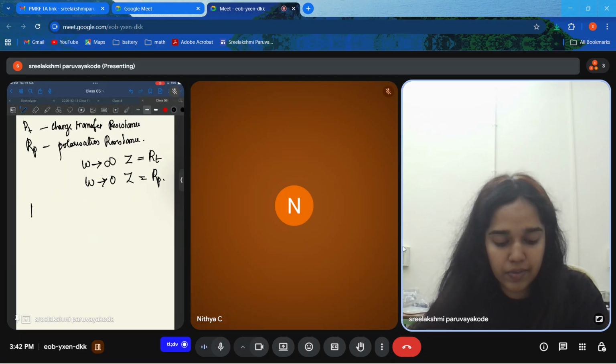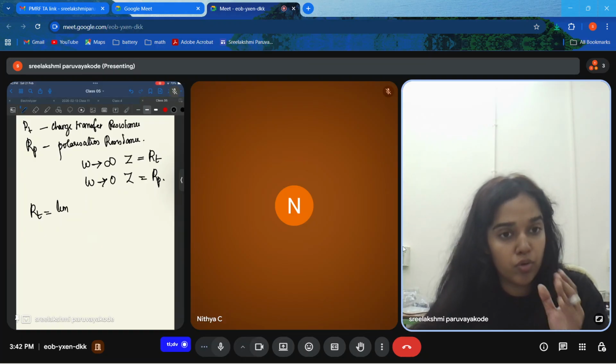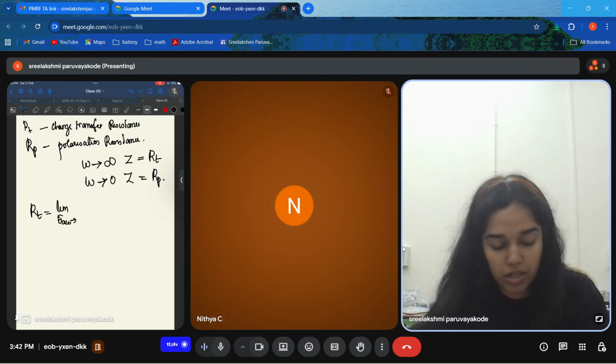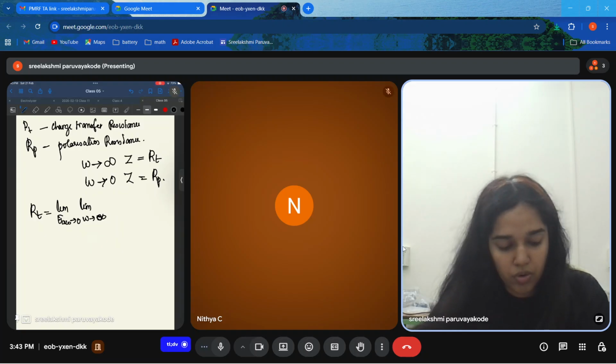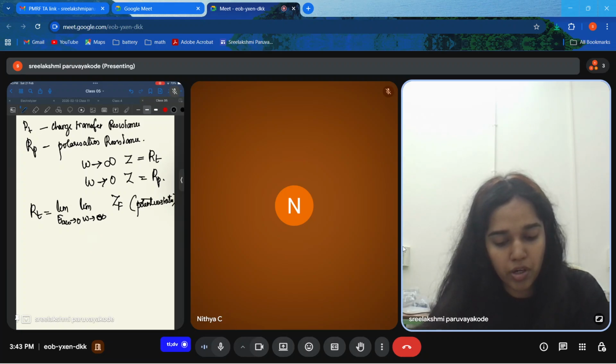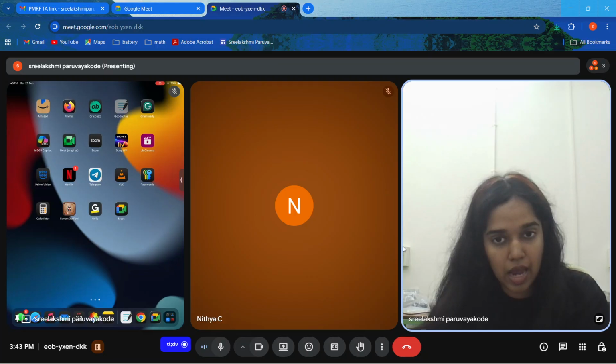This can be written as RT, limit, for a potentiostatic mode. So you're doing it at a constant DC potential. In that case, E AC naught tends to 0, limit omega tends to, sorry, not 0, it is omega tends to infinity. Whatever value of impedance you get, that is it. So in short, this is what it means: omega tends to infinity, the value you get is RT; omega tends to 0, whatever value you get is RP. So in terms of potentiostatic and galvanostatic mode,